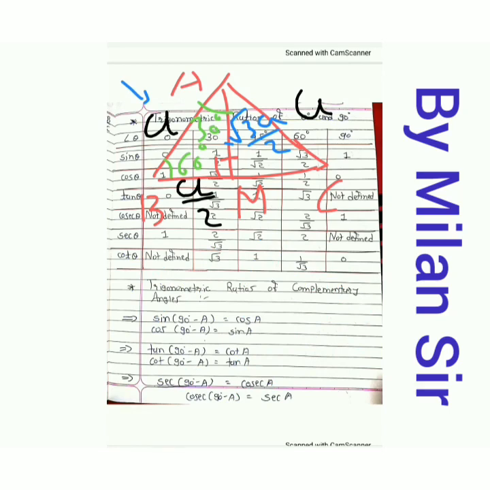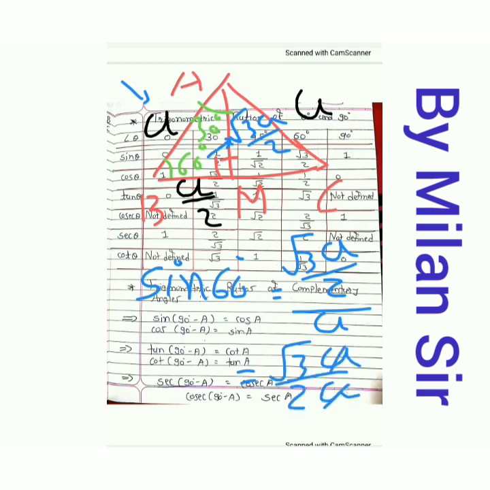Now sin 60. Now 60 degree is your reference angle. Then for 60 degree, your opposite side is AM. It is under root 3a by 2 upon hypotenuse, which is a. We already know the answer because in cos 30 we did the same process. So under root 3a by 2a. Then 2a and a cut. So the final answer is under root 3 by 2. So sin 60 is equal to under root 3 by 2.